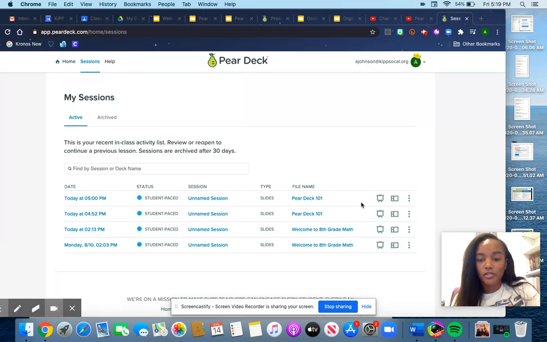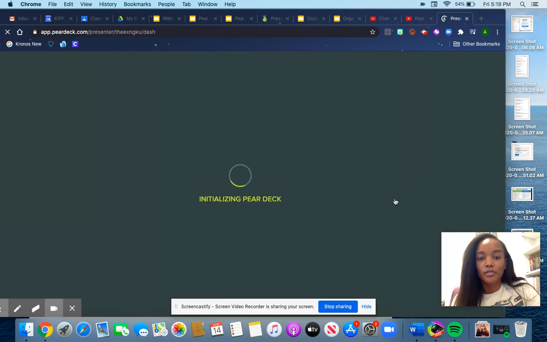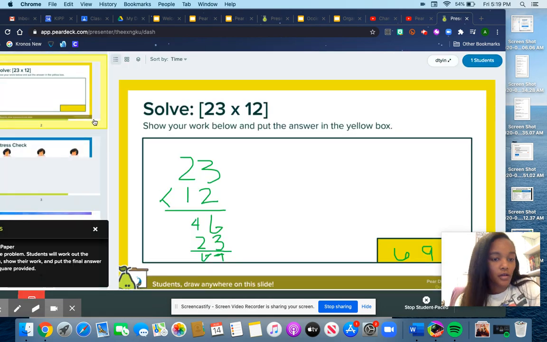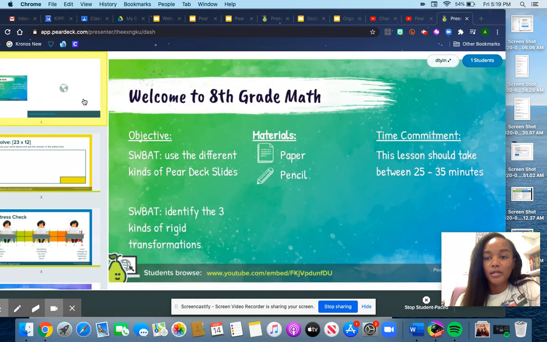Find the one that you just did. This is the classroom view. You want to open up the teacher dashboard view. So the second button, this is going to take you to all of the student responses. And so basically you're going to be able to go through slide by slide and see anything that students wrote